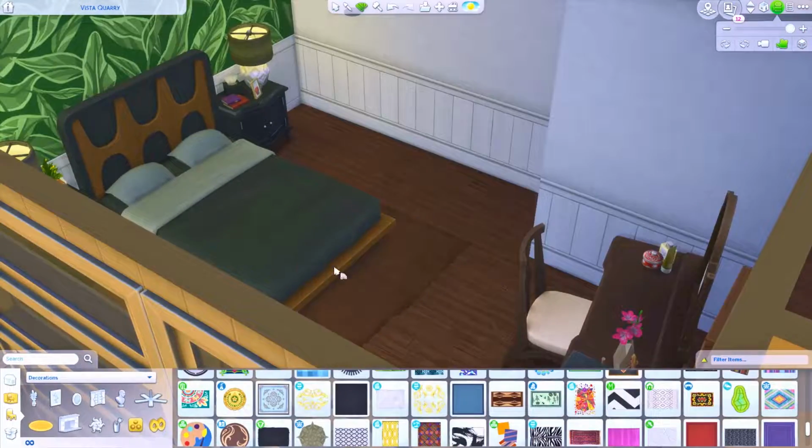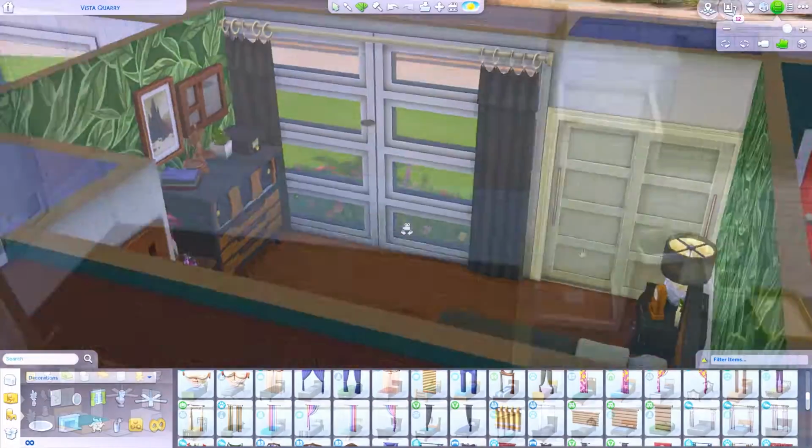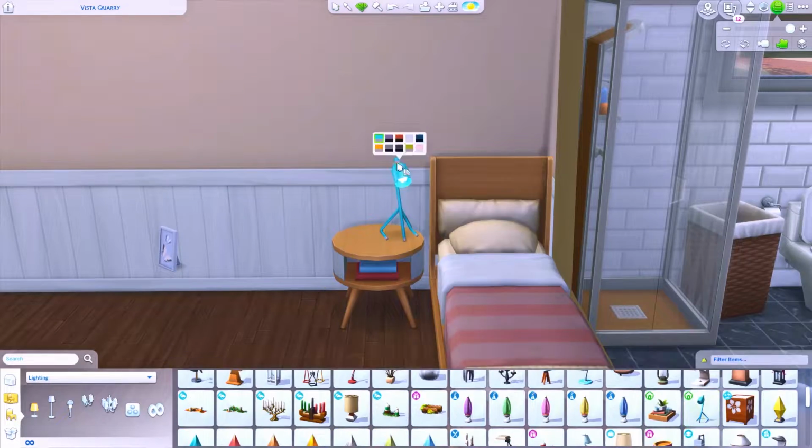I did actually decide to go for the Get Famous bed, which you actually see me use in the other bedroom as well. I feel like it's the most mid-century bed that we have in the game, and so I decided to use it. But now I've actually moved on, I've started furnishing the child's bedroom,